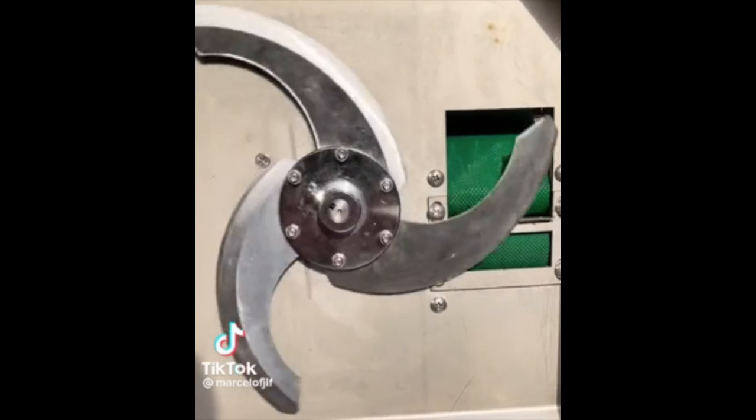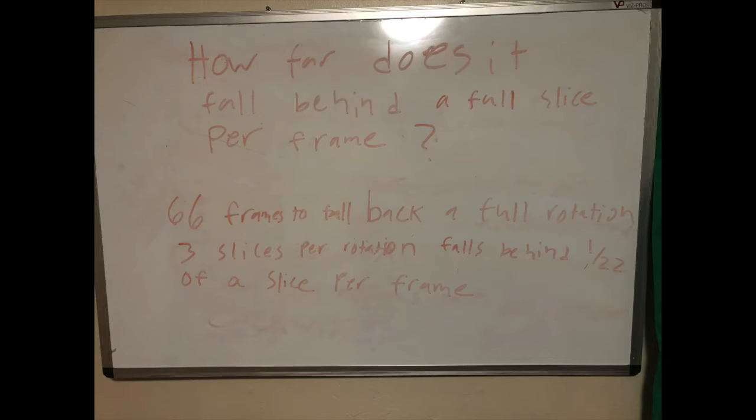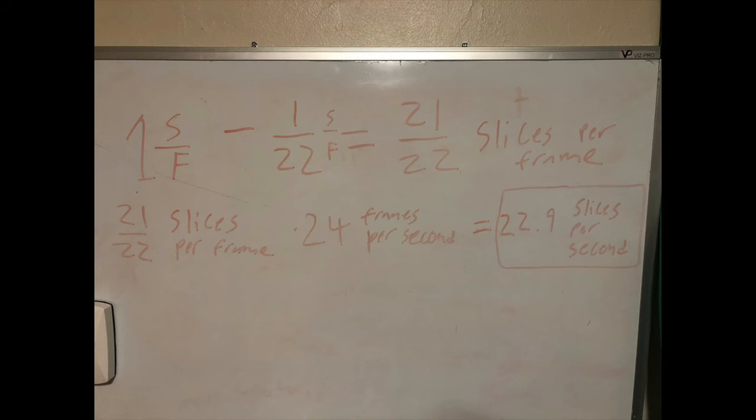By counting here, it took 66 frames to go from here to here, a full rotation. So with 66 frames to fall back a full rotation and 3 slices per rotation, it's falling back 1/22 of a slice in each frame. So it is 1/22 of a slice per frame slower than the 1 slice per frame